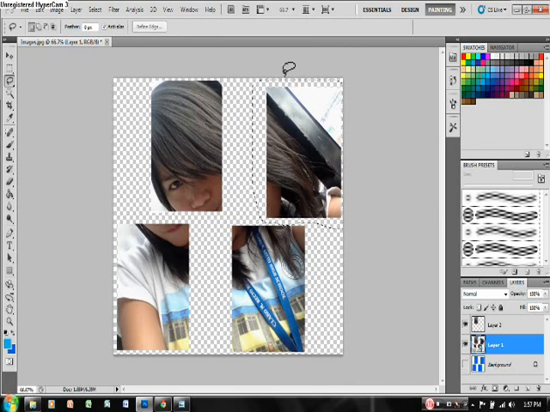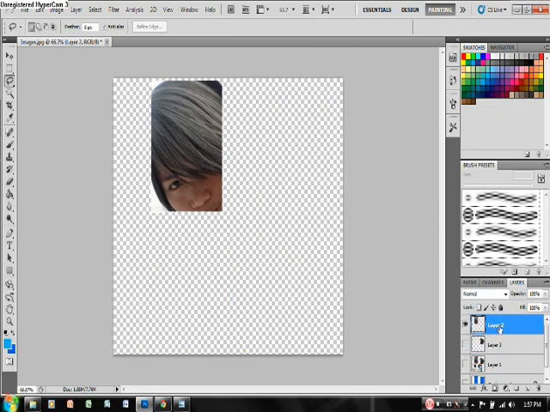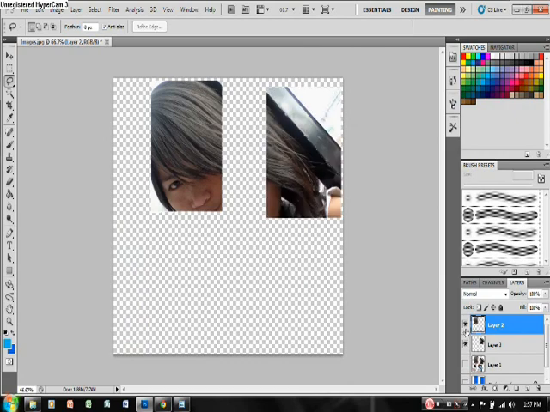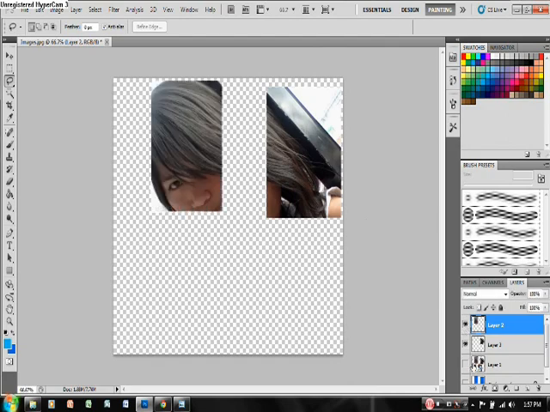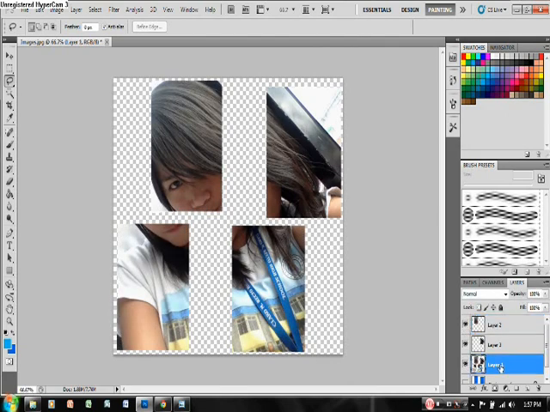Okay, press again Ctrl J. So you can see layer 2 and layer 3. See? Okay, do it again. Another part, select again the layer 1. Okay, then Ctrl J again.